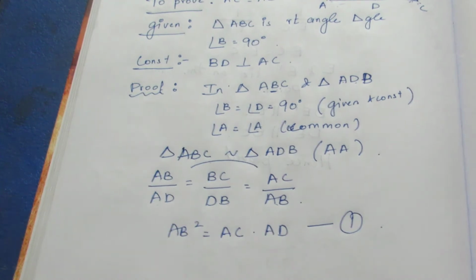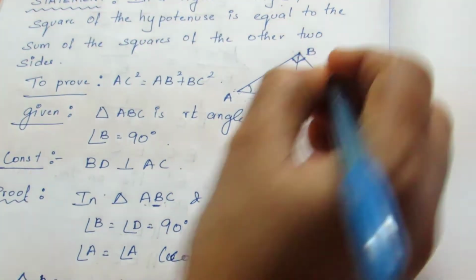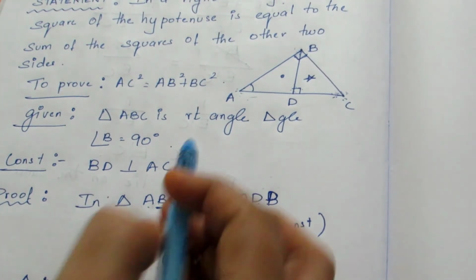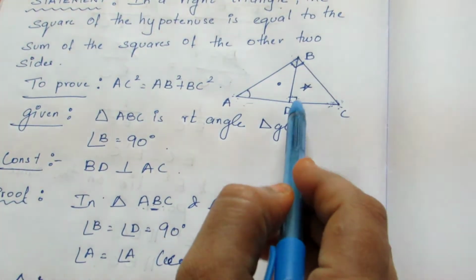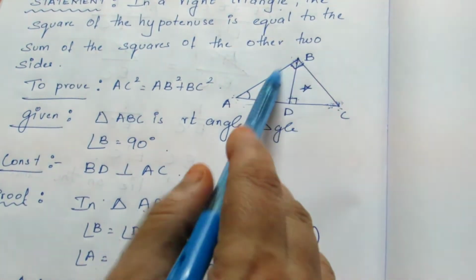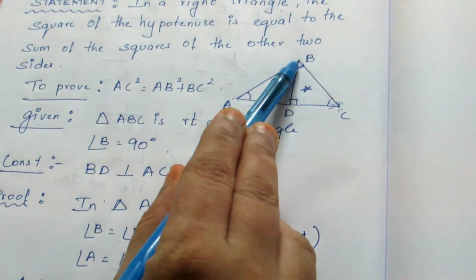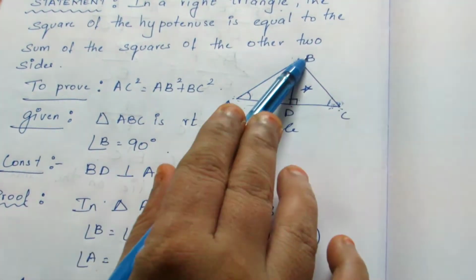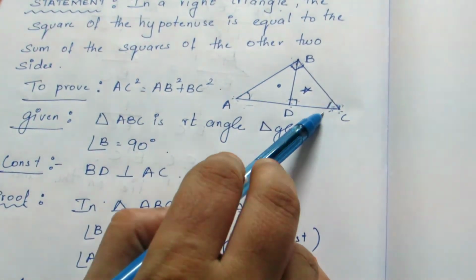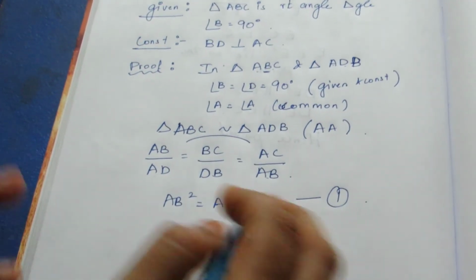The same way, we are going to take the other smaller triangle with the bigger triangle, same ABC. We know that angle D equal to angle B because 90 degree. In this triangle it is 90 degree, and in the full triangle B is 90 degree. In the same way, angle C is common to both the triangles. In this triangle angle C is there, and in the bigger triangle angle C is there in the same place. So it is equal.